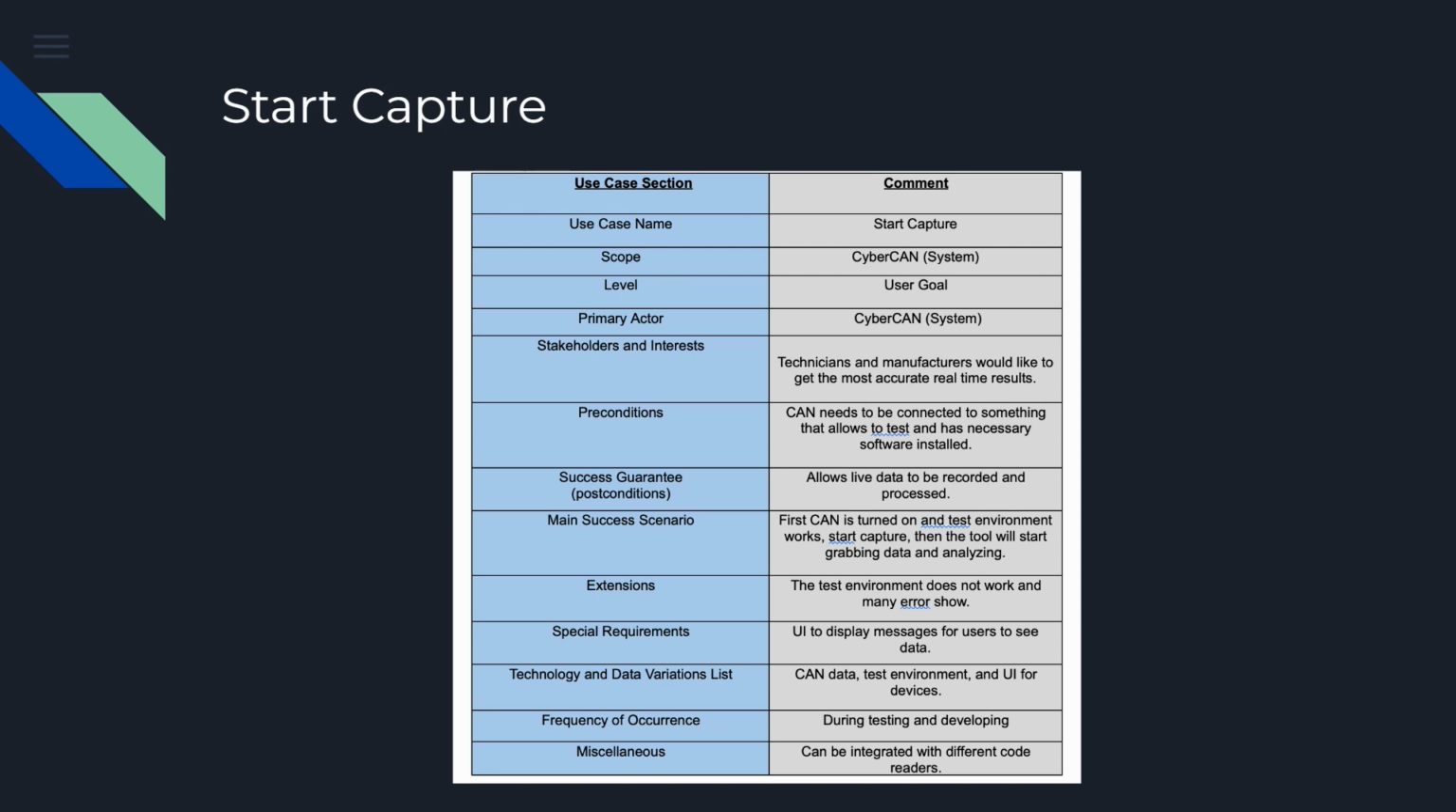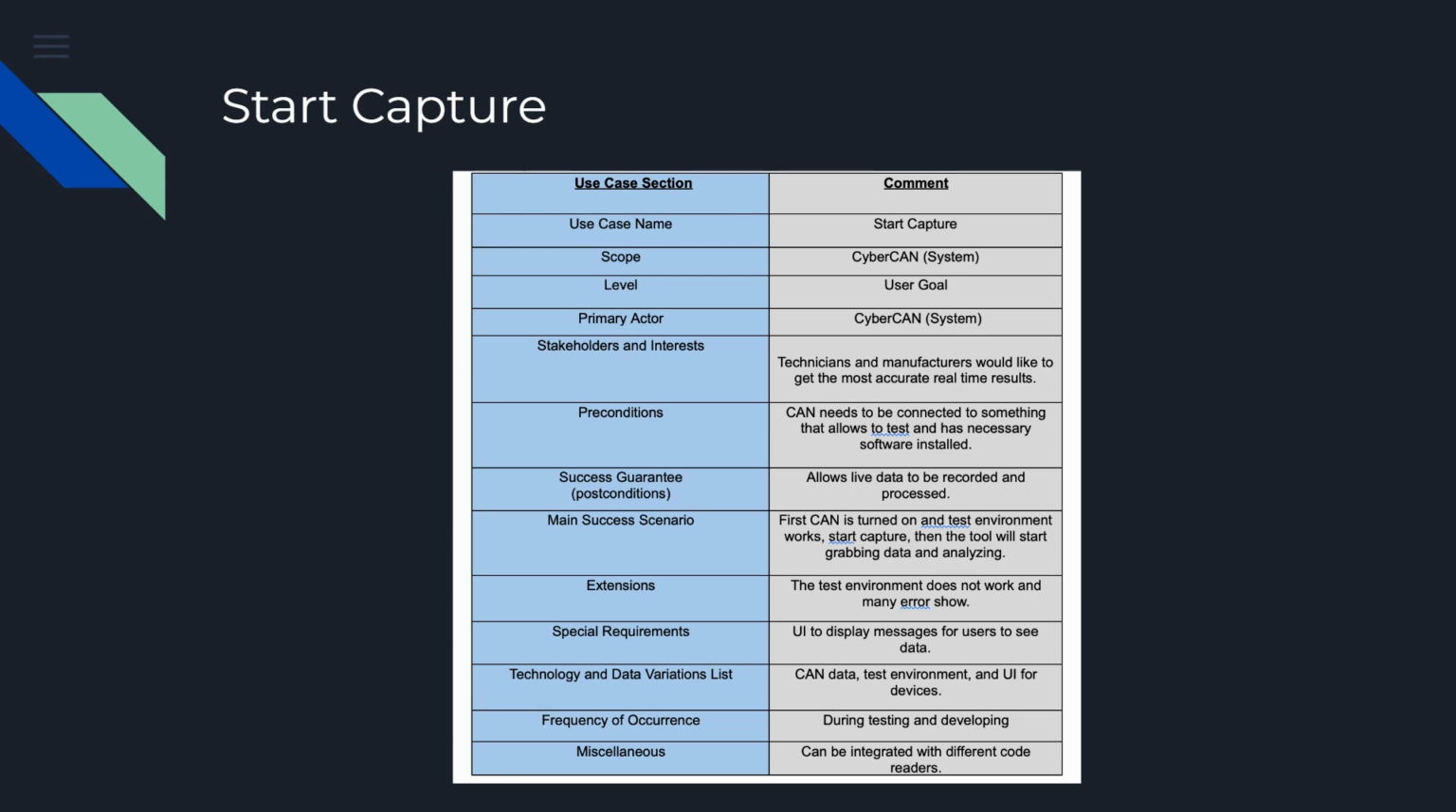For the technology and data variations list, CAN data, test environment, and a UI for all the devices. For the frequency of occurrence, during testing and developing, miscellaneous can be integrated with different code readers. And that would be it for the second